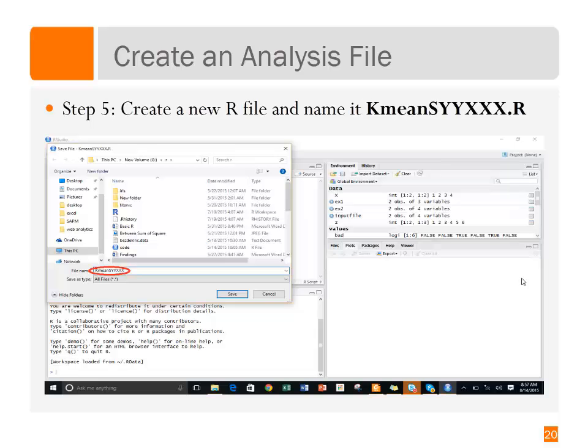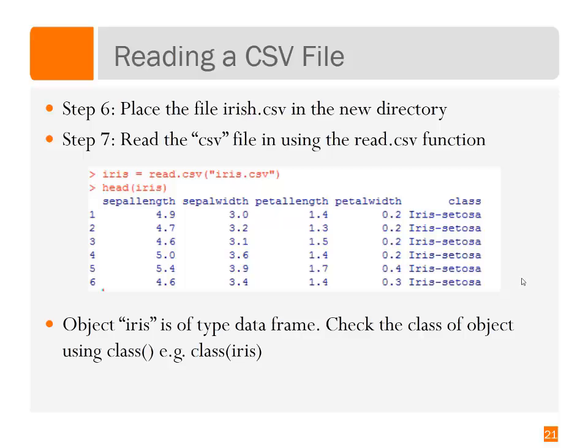Now from there, we'll want to create an analysis file. So we will create a new file in R, identify our analysis file, give it a particular name, and click on Save. And then we'll see that show up in the top right window. Now, as an example, we might place a file. In this particular case, the name of our file is iris.csv and our new directory. So once we've defined that directory, we will read in our CSV file and save that within R